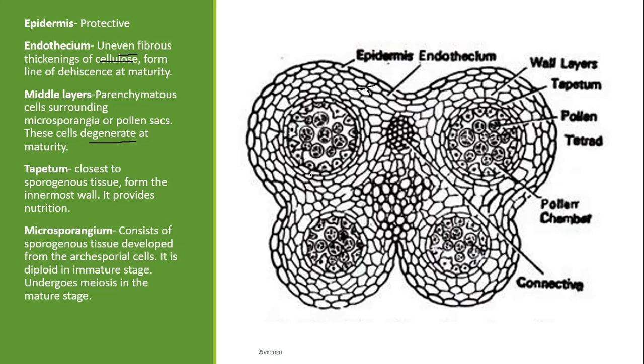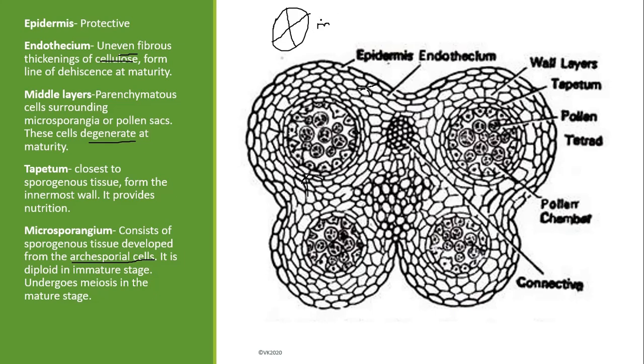Then we have the tapetal cells, which are just present around the microspore cells. These tapetum cells are so close to the microspore cells, so they are the ones providing nutrition to the microspores. Now these microspores, if you see, are present in a tetrad structure. So they are 1, 2, 3 and 4. Now you have microspore mother cells which form from the archisporial cells.